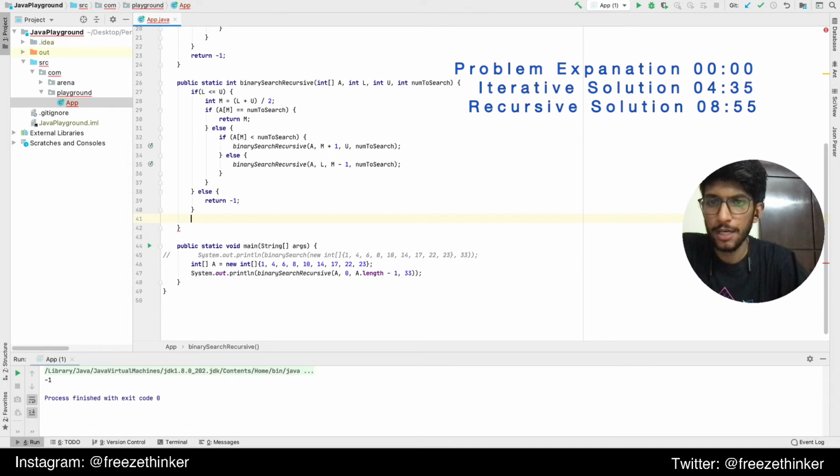I actually have done that, so I don't need to worry about this. This is never going to happen because either I'll return this or, yep, it returns minus 1. And let's just try with 22. 22 should give you 7 now.